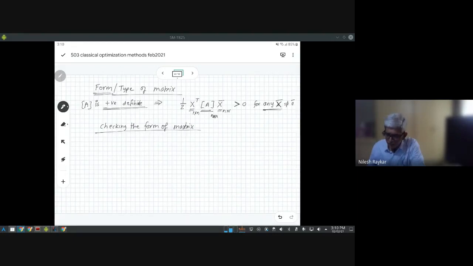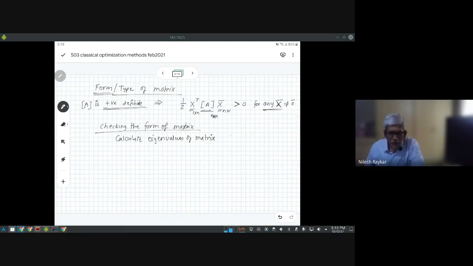So as I said, there are 2-3 methods for checking the form of a matrix. The one method which I am using is based on calculation of eigenvalues of a matrix. So you calculate the eigenvalues of the matrix. I will explain how to calculate eigenvalues because I believe most of you would have forgotten by this time. Have you done eigenvalues? The concept of eigenvalue is known to you? I believe so. Yes, sir. Okay, so we need to calculate eigenvalues of the matrix. If you don't remember now, that is okay. I will just show that.